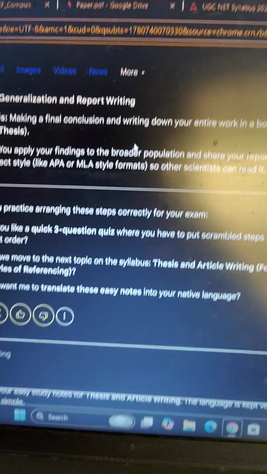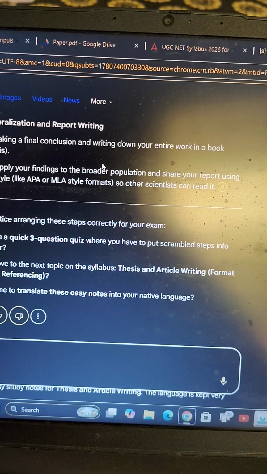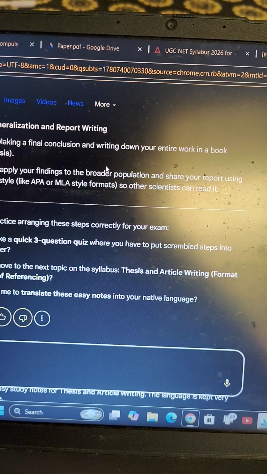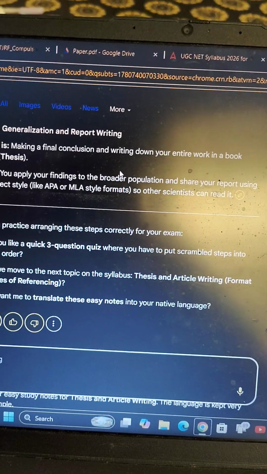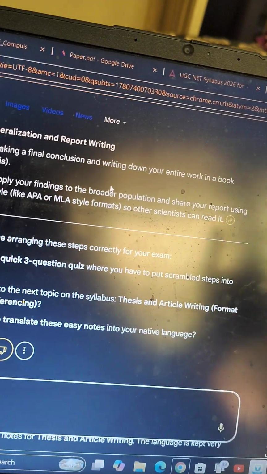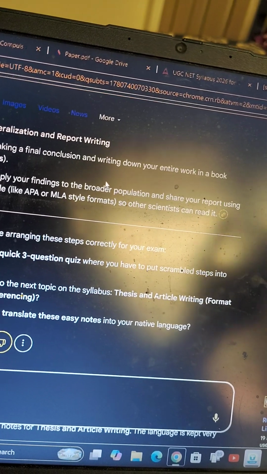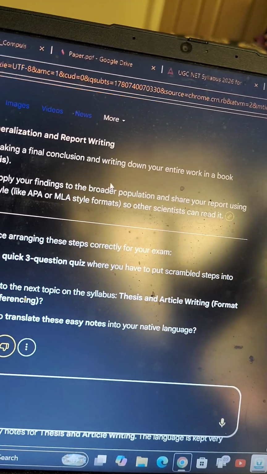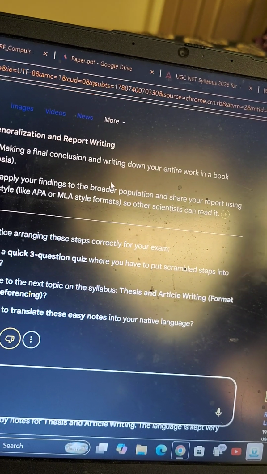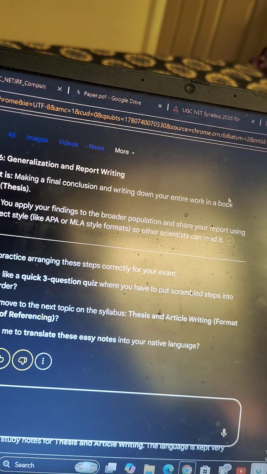Generalization and report writing. Final conclusion and write down your entire work in a book format. This is some people who are doing their college and they have completed the project with the report. How the report looks like, you know, right? The starting page will be like